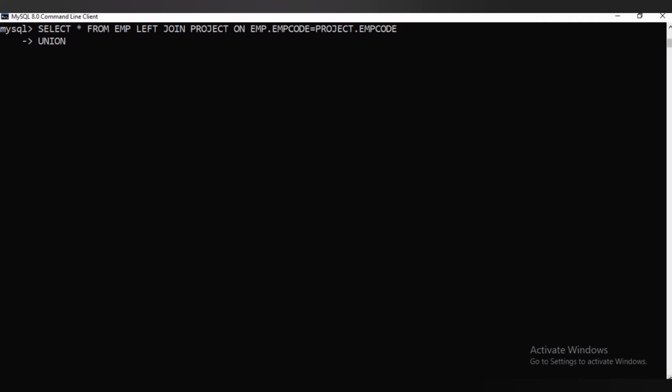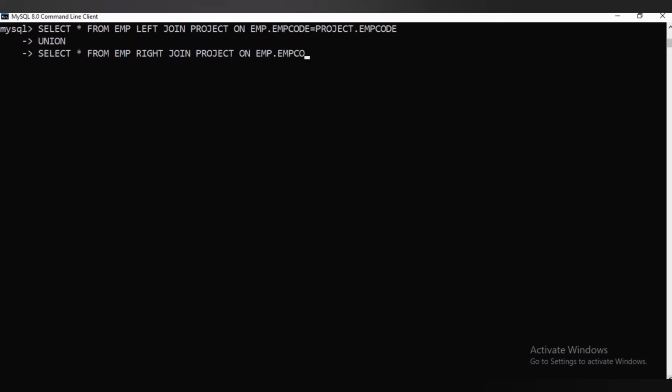Select * from emp left join project on emp.emp_code = project.emp_code union select * from emp right join project on emp.emp_code = project.emp_code will give the full outer join result, and there are 6 rows in total.